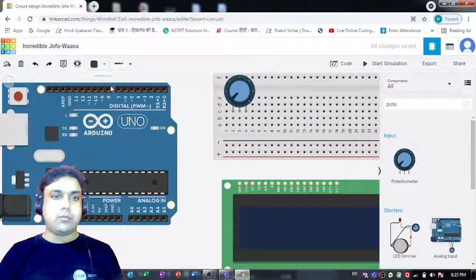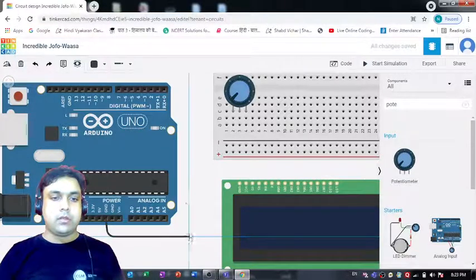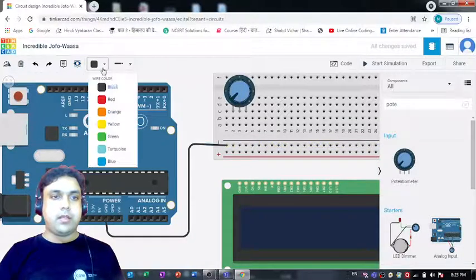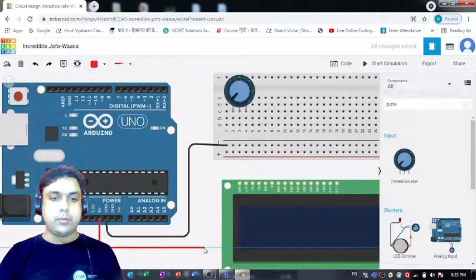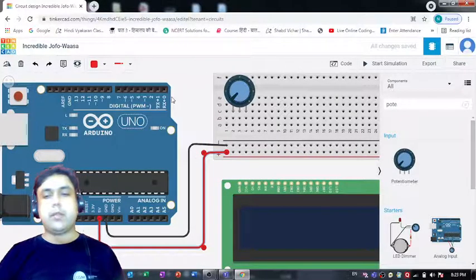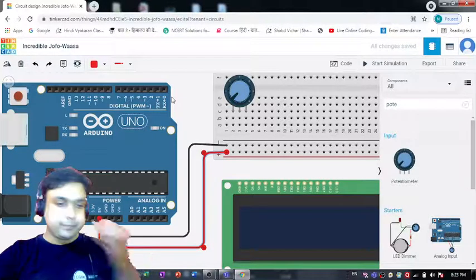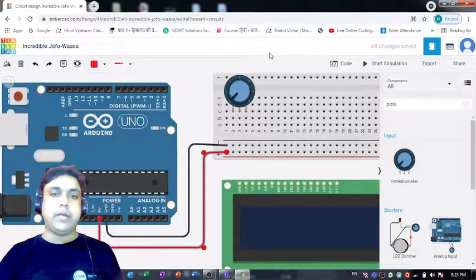We can click on this black wire and connect this ground pin with this negative terminal of the breadboard, and then we can simply select this red wire and connect this 5-volt pin of this Arduino Uno R3 board with this positive terminal. It's so easy, right? We know it very well because we have already done it several times in the previous tutorials. So we are done with connecting this breadboard to this Arduino Uno R3 board.